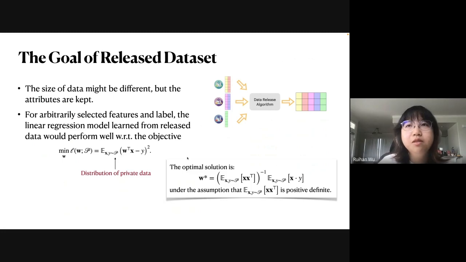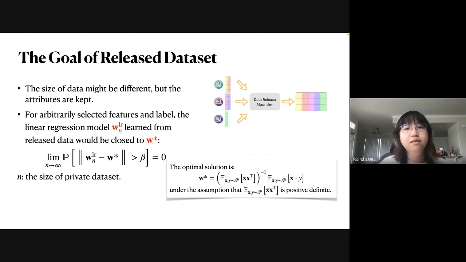And this problem has its closed form optimal solution, which is the inverse of the expectation of XX transpose, multiplied by this expected vector, if we assume that this matrix is positive definite. Then specifically, we expect that this linear model,